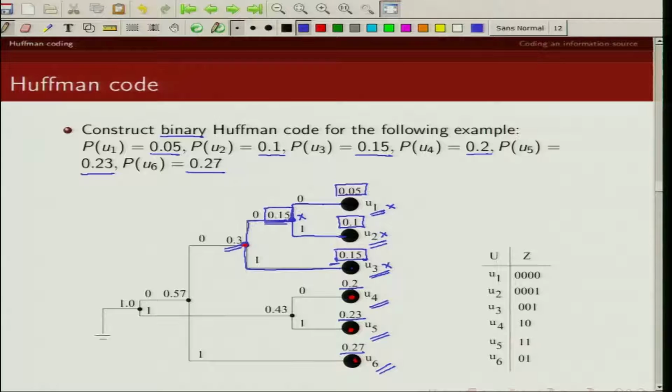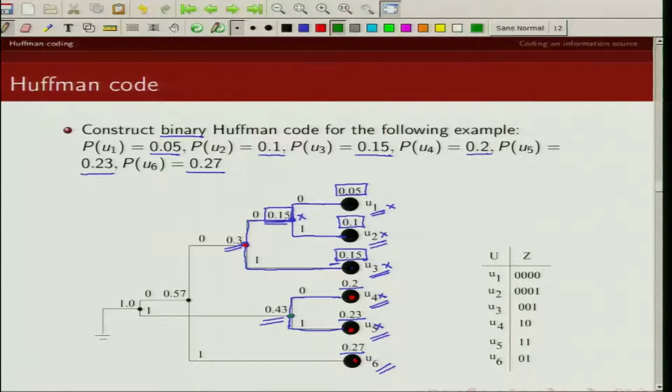The ones corresponding to U4 and U5. So we combine these 2 and create a new node. And what is the probability of this node? 0.2 plus 0.23. So that is 0.43. Now we deactivate these nodes and we activate this node.